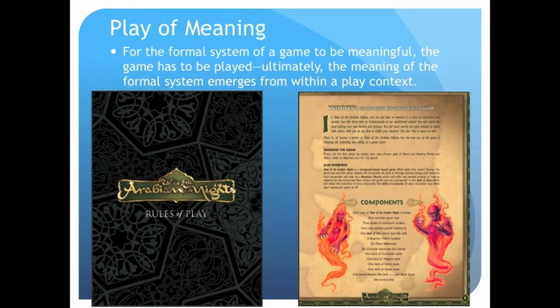In this context, we have a formal system. Games are a formal system. They're meant to be meaningful in some way. So the game has to be played in order for that meaning to be expressed, in order to engage that formal system. We may have a set of rules, which is expressed here by the Arabian Nights rule set. This is what game scholars call the ludic structures, the game elements, the rules that we have. We can't do anything with those rules until we start to play with them, to engage them directly.